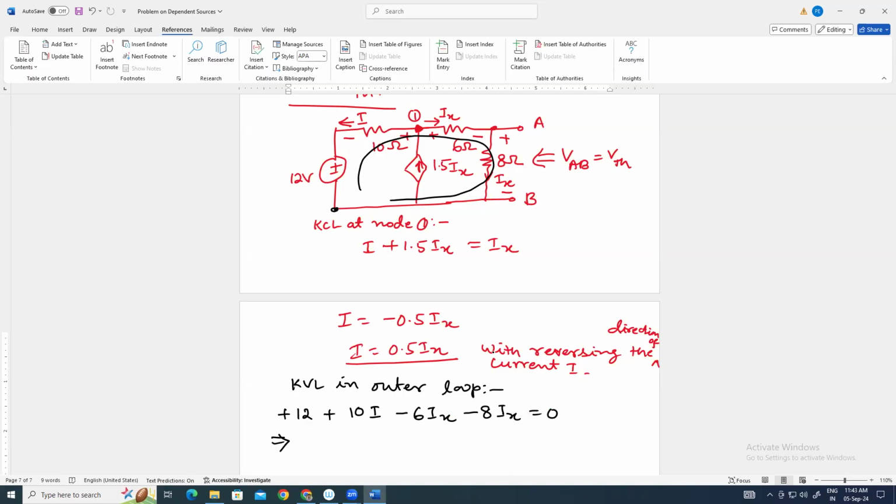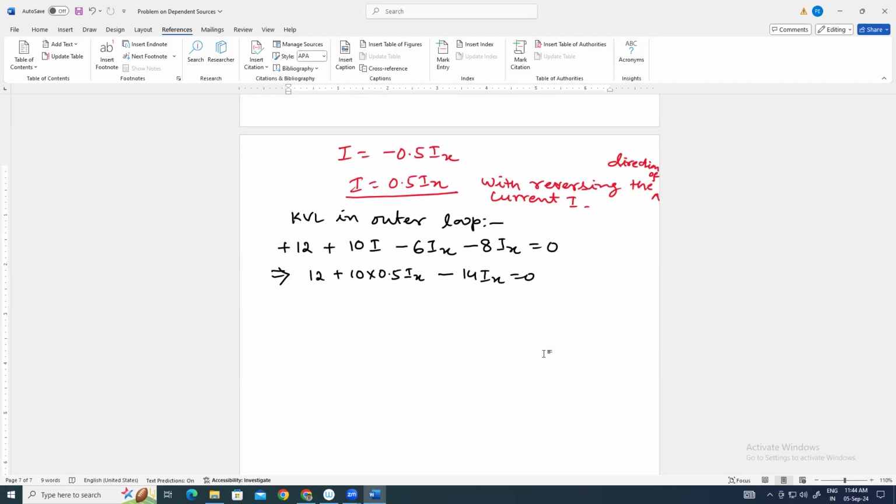12 minus plus is plus plus 10I, then plus minus is minus minus 6Ix, then plus minus is minus minus 8Ix is equal to 0. By putting the value of I from here, that is 0.5 Ix, this becomes 12 plus 10 into 0.5 Ix minus 14 Ix is equal to 0. Now if we solve further, this will be 5 Ix, so 5 minus 14 will give us 9